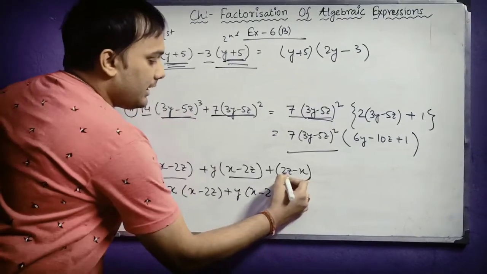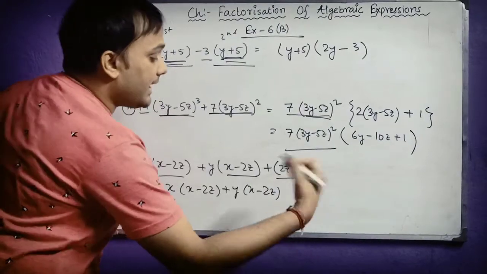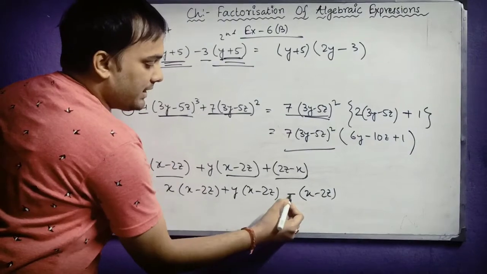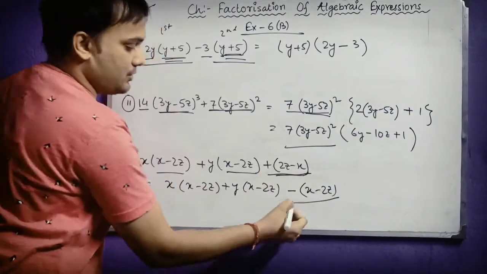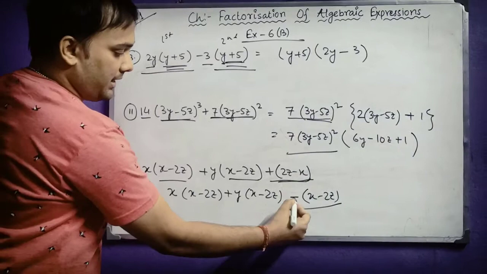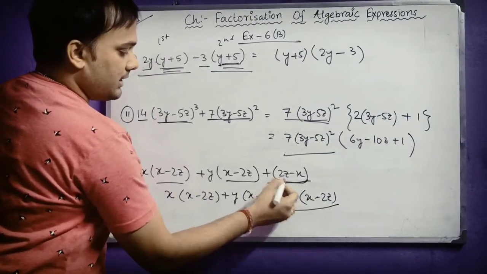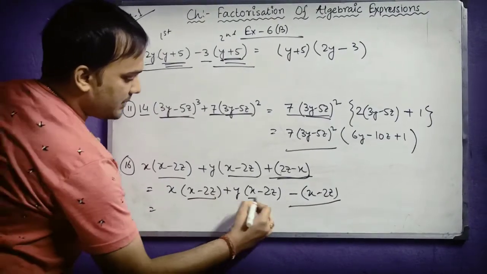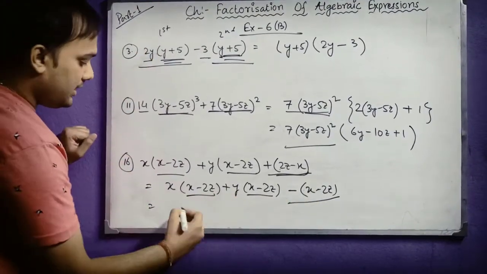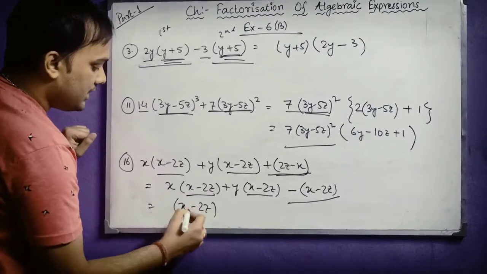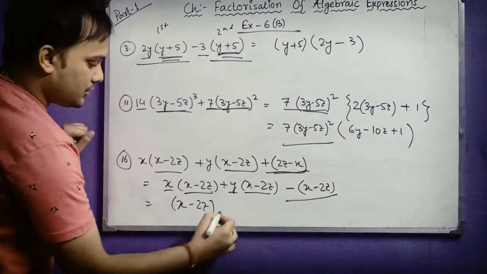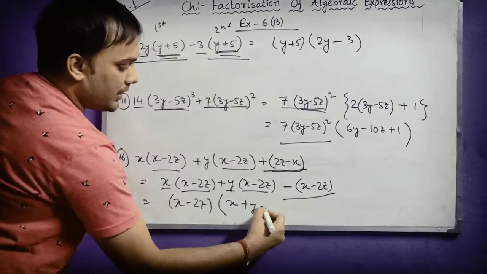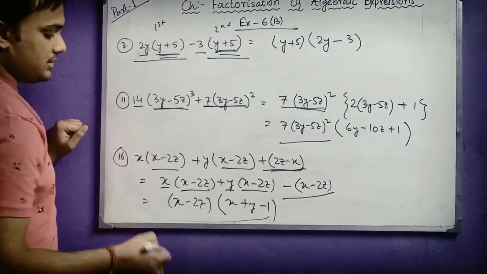If I want to make this 2z minus x into (x minus 2z), then I will write here minus, because if I take minus common, I can represent this as this also. You can see both are the same. Minus into minus 2z is 2z, and minus x is minus x. So I can take (x minus 2z) as common, because all three terms have this. In the monomial part nothing is common. So what remains? Only x plus y, and here nothing remains, only minus is there, so I will write minus 1. So this is my answer.